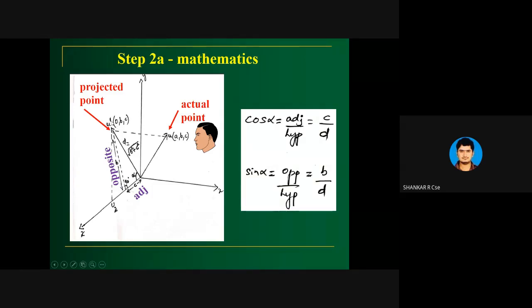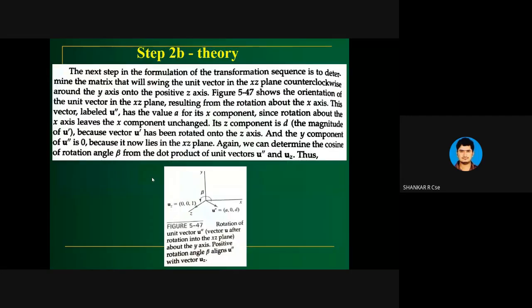But what is u dash? This length, the d, that is root of b square plus c square. This d will now become this uz, which will help in our 2b. All right. So 2b,